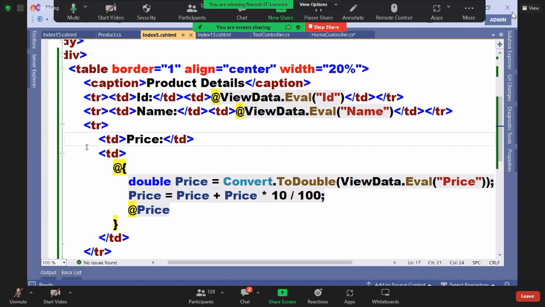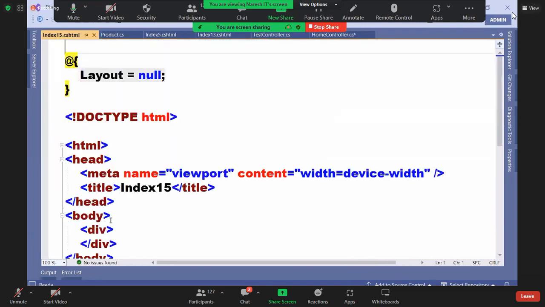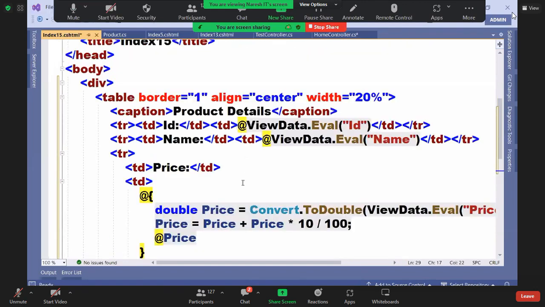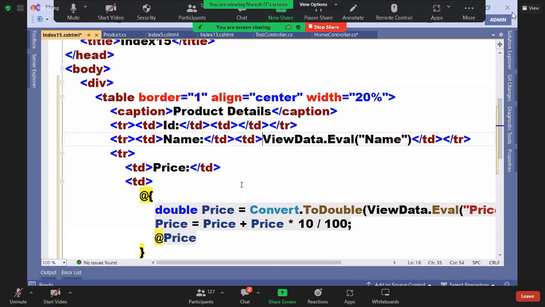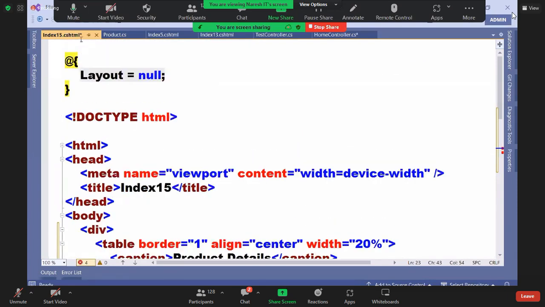Just a minute. Let me copy the table code. Paste it here. Just a second. Delete these three things, this one, all these things. Delete it. Okay. Hold on, guys. Now what you can do,